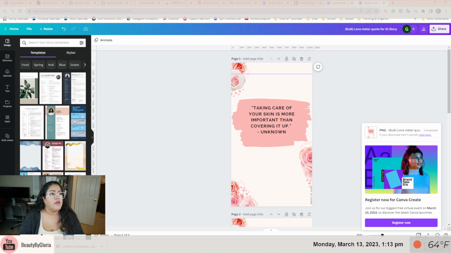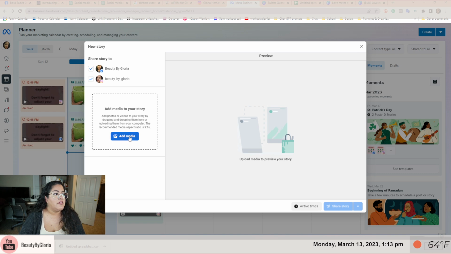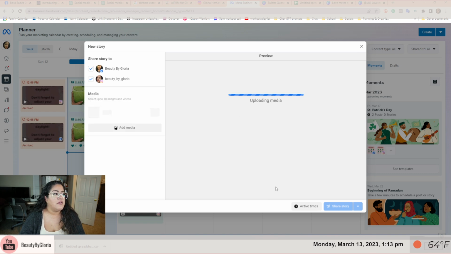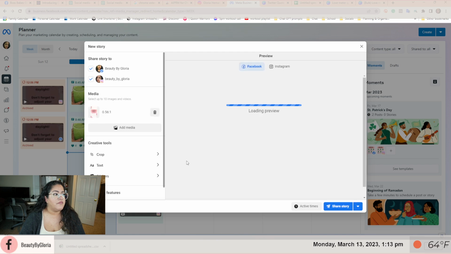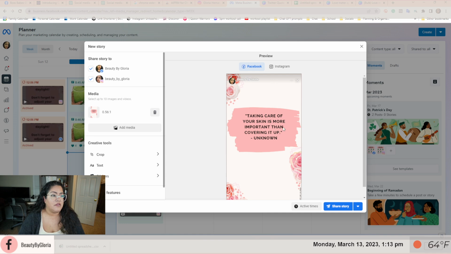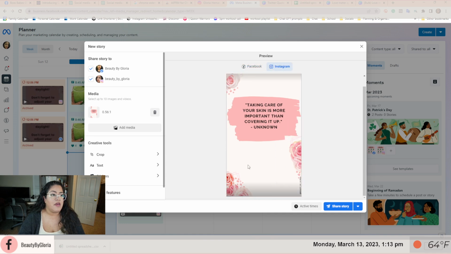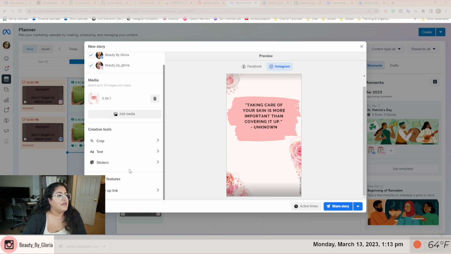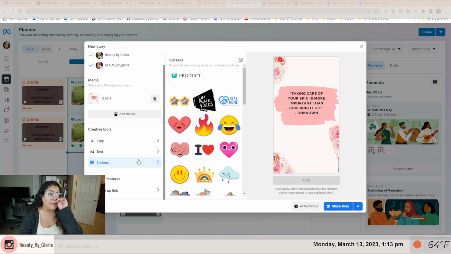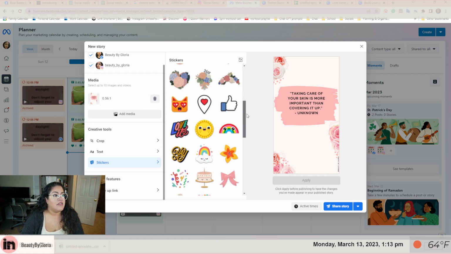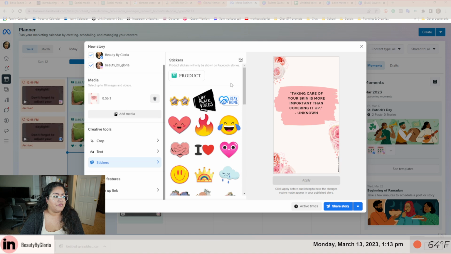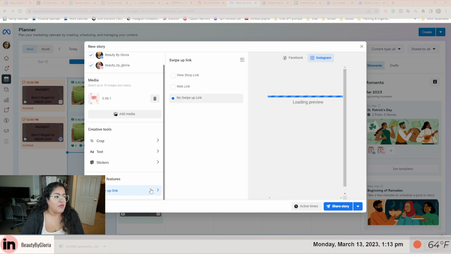And then we're going to go back to our Meta site, add to your story, this one. Here it is. And that's how it's going to look on Facebook. This is how it's going to look on Instagram. Maybe I could have made the text a little bit bigger, but yeah. And then we could add our stickers on top of it, product stickers, all of that, additional swipe up links,